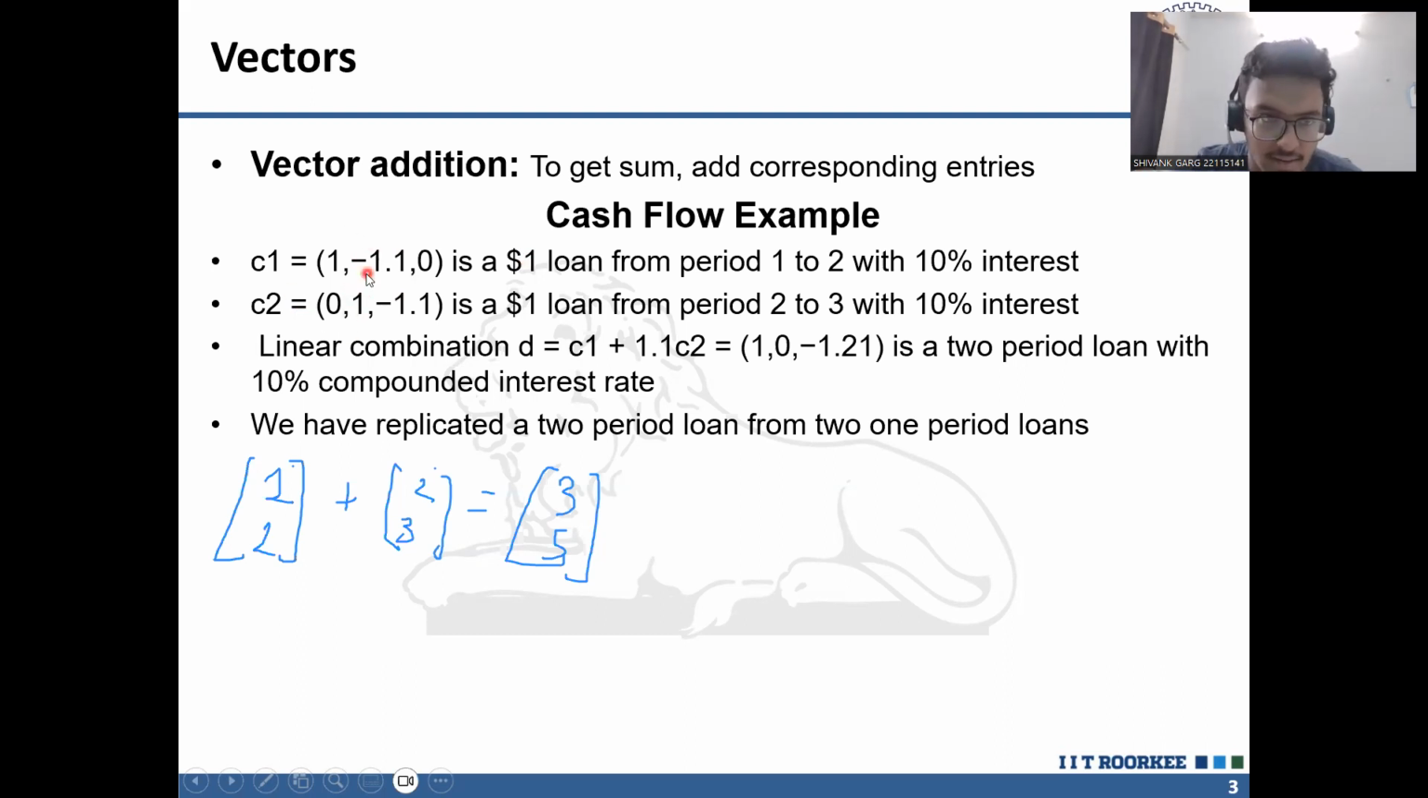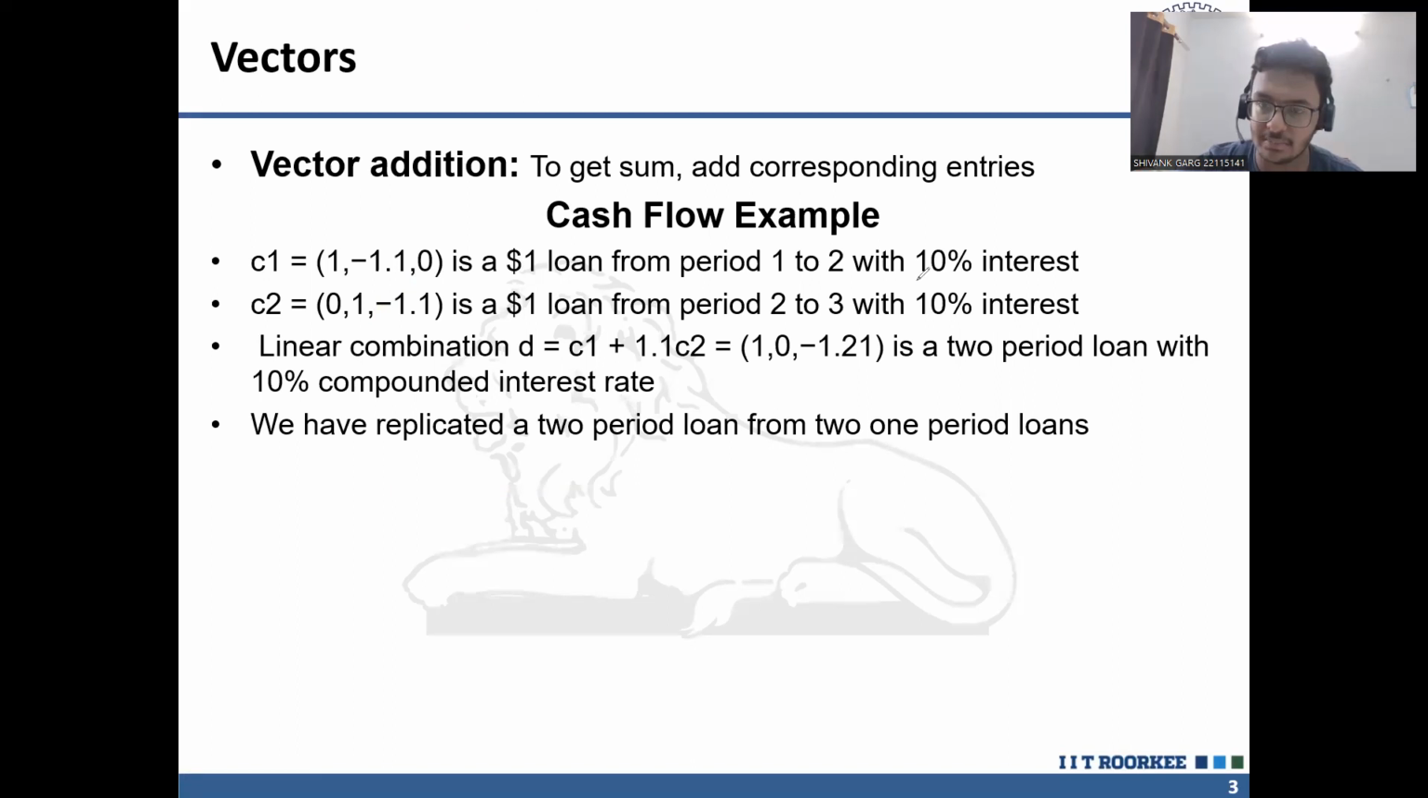Here you take a loan from the bank in the second year and have to pay back $1.1 in the third year with a 10% interest rate. So if you consider the linear combination C1 plus 1.1 C2, with 1.1 right here because the interest rate is 10%, you get the total two-period loan with 10% compounded interest. These types of calculations can be easily done through vectors. For example, suppose there was a special bank whose policy was a bit different and this was instead 20% interest. Then here you would be using minus 1.2